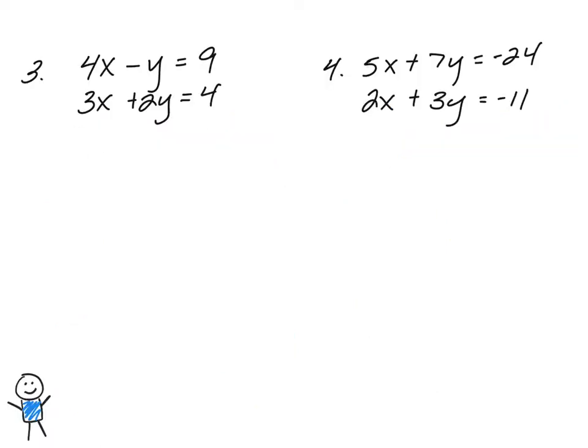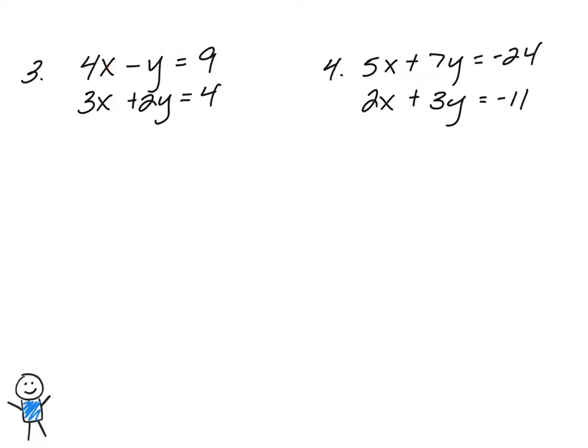The next two examples are a little more complicated. Take a look at number 3. If you notice, none of my columns are opposites of each other and cancel. Well, what you can do is multiply one of your equations by any number that you want to, as long as you multiply every part of that equation by that number, and you can turn it into something